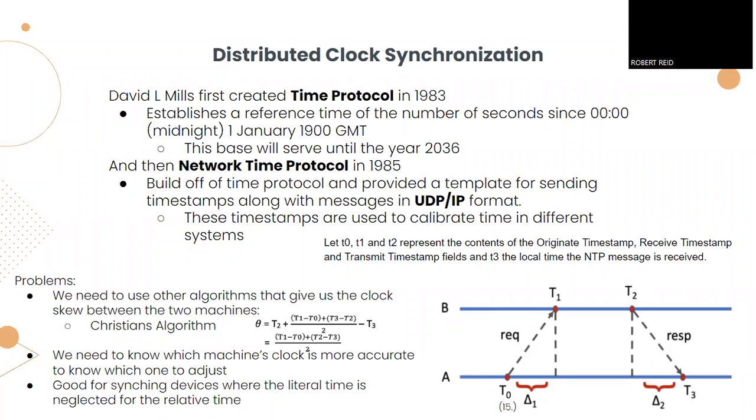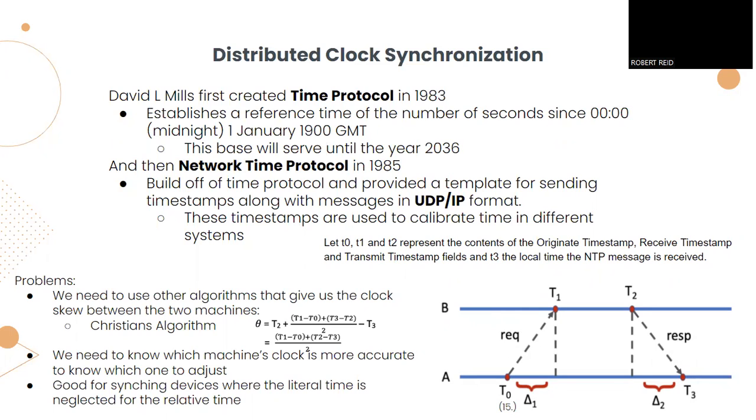This protocol provided a template for sending messages, which includes 4 timestamps: the originate timestamp, the received timestamp, the transmit timestamp, and the local time the NTP message is received. Some problems with this algorithm include that we can only compute the skew between the 2 clocks using an algorithm called Christian's algorithm. We need to know more about the machine's clock in order to know which one actually needs to be adjusted. However, this algorithm is still good for syncing devices where the literal time can be neglected